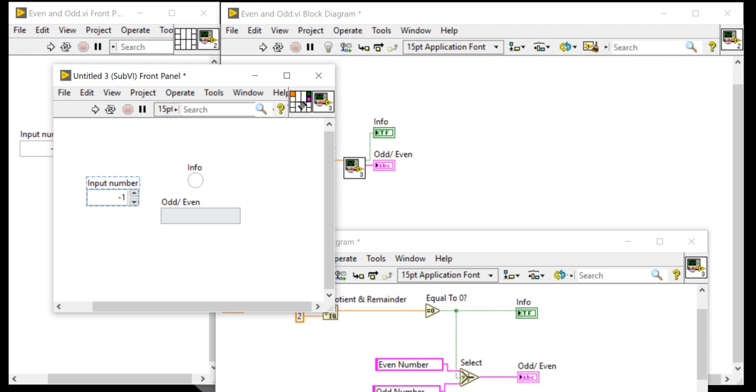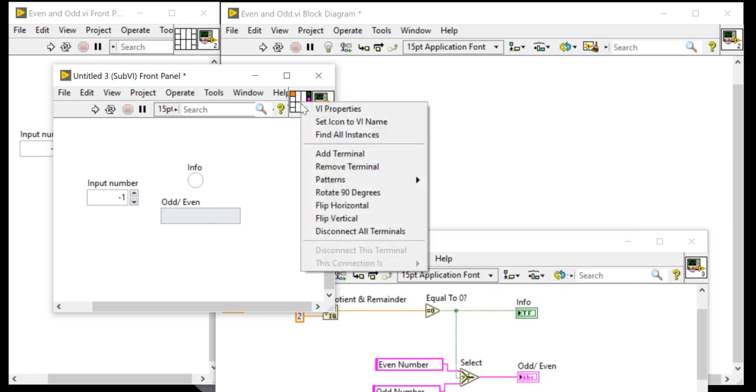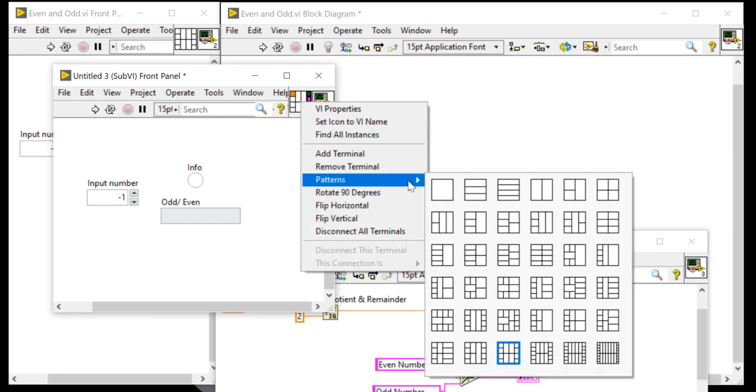I am going to right click here and come into the pattern. In the pattern you can see one input one output, two input one output, two input two output. I am going to select two input, one output.